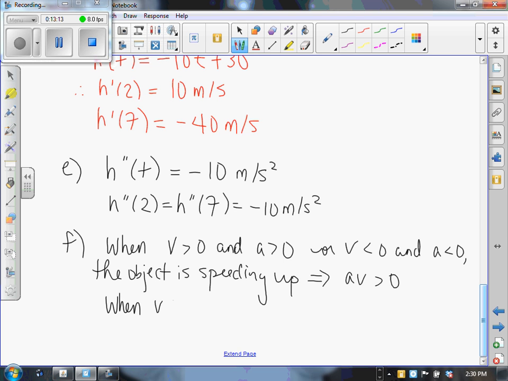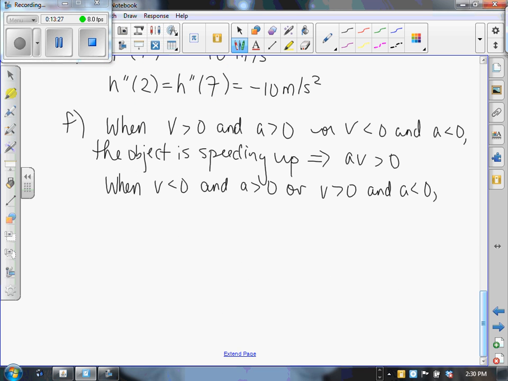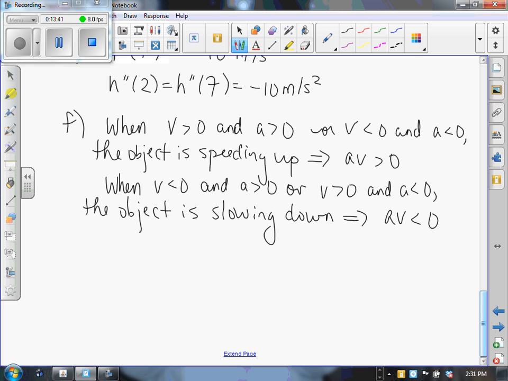So that occurs when V is less than 0 and A greater than 0, or when V greater than 0 and A less than 0, right? The object is slowing down. So that implies that the product of A and V will be negative. With this information available to us, we can now go back to this problem and determine if the object was